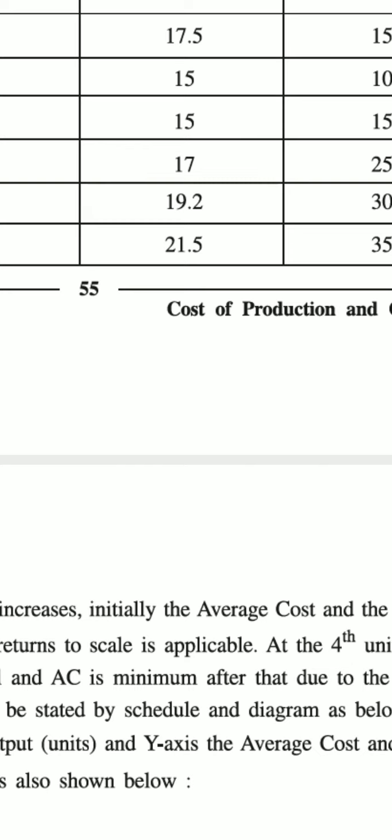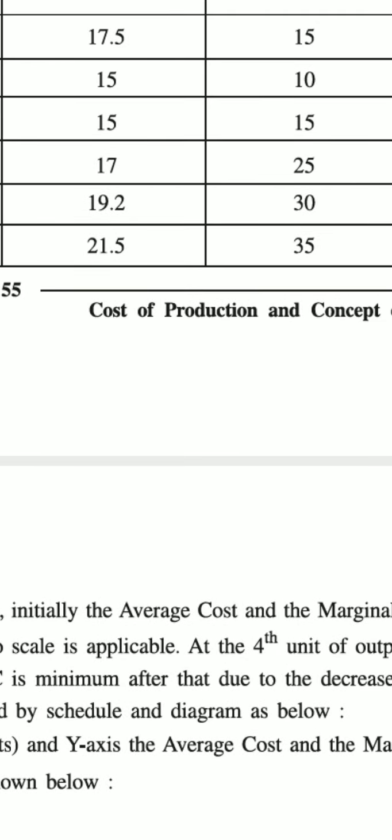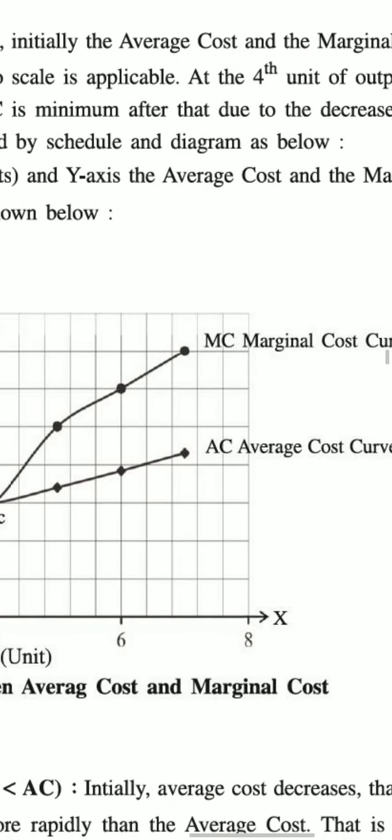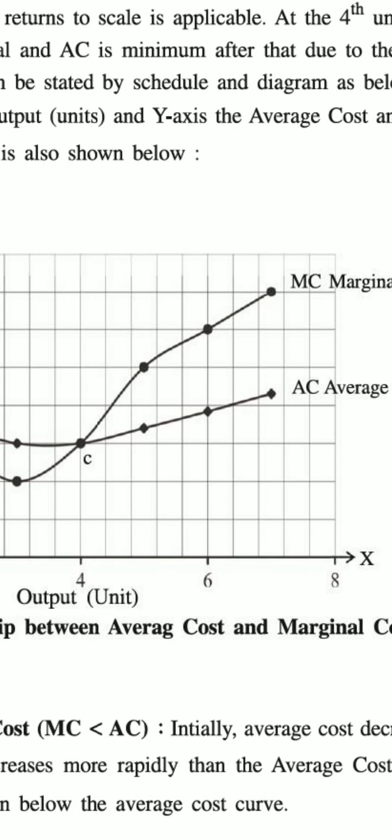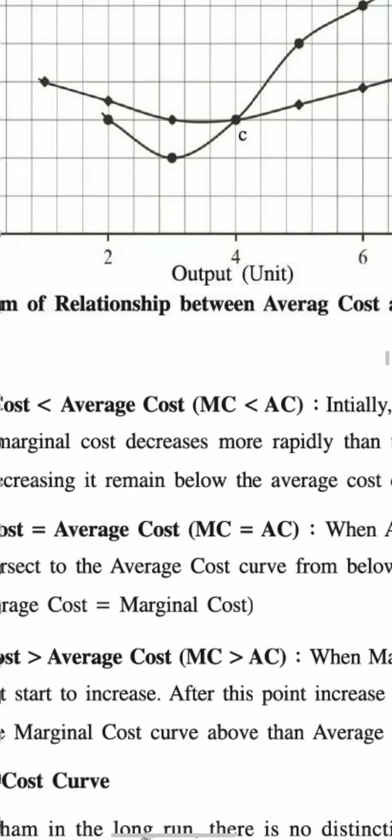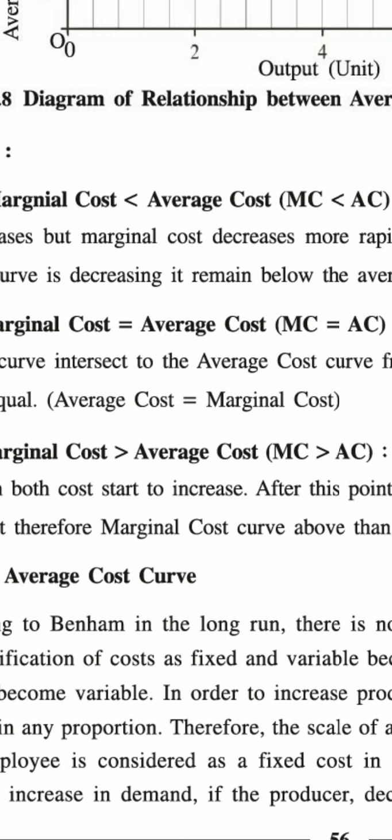But the difference between the numbers is hardly 2 or 3, whereas the marginal cost increases more rapidly, from 25 to 30, 30 to 35. So the difference is 5. So we can say that once the intersection happens, the marginal cost rises more rapidly than the average cost curve. This is how it is to be explained in the exam also: how marginal cost is less than the average cost, what happens when marginal cost is equal to average cost, and after the intersection, the marginal cost increases more than the average cost.